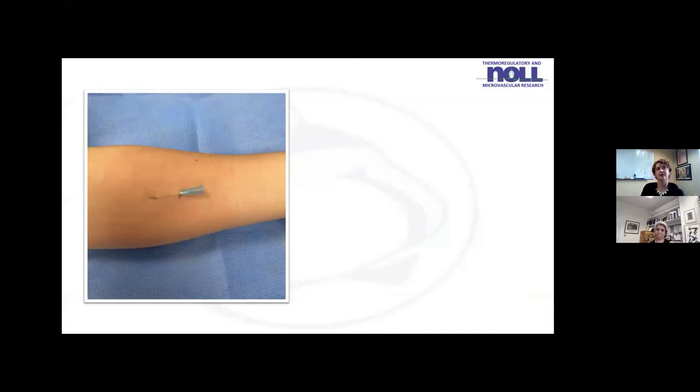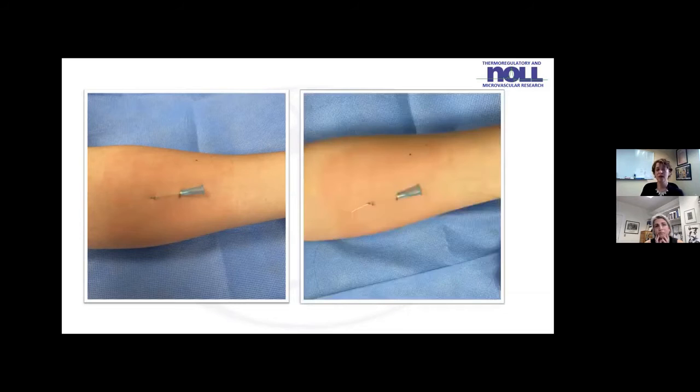And honestly, with the needle transition it almost feels like you're going through butter. What you want to see is the grayness of the needle, and the sheen of the needle, but you don't want to see too much of it. If you're too superficial, you're going to start to see more of the needle and more of the sheen of that needle in that layer of skin. We then place the microdialysis probe through the lumen of the needle